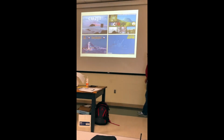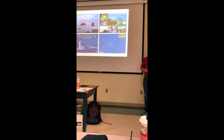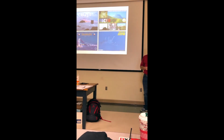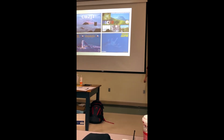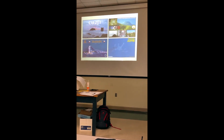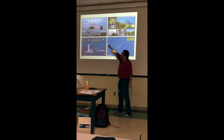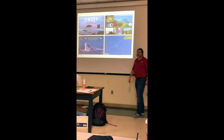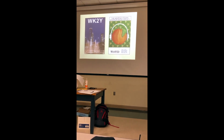And this Japanese card, does anybody know what Blue Impulse is? I think it's like the Japanese version of the Blue Angels or Thunderbirds. But that's kind of cool. And look how simple these are. One idea, one idea, one idea. Try not to jam everything in there if you can help it. You don't have to do